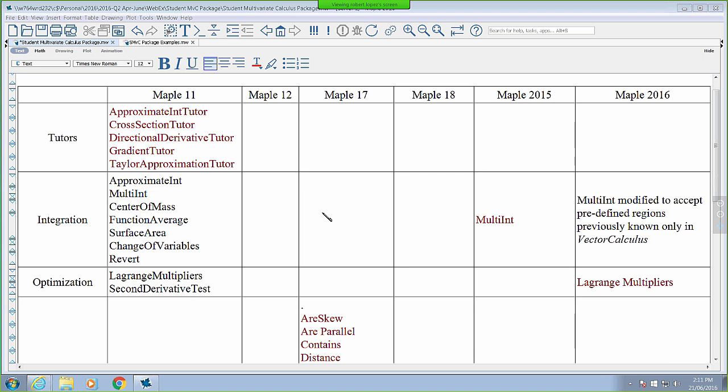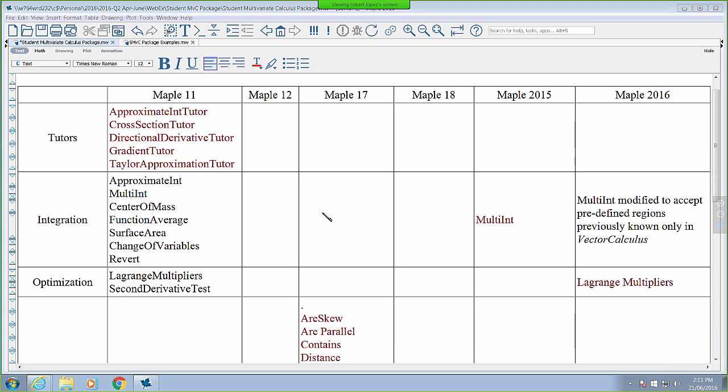It is smart enough to figure out the element of surface area, so you don't have to figure that out yourself. And then there's a change of variables command. It will do a change of variables on a multiple integral, double or triple. So it makes the appropriate substitutions into the integrand, and it inserts the appropriate Jacobian, but it really can't handle